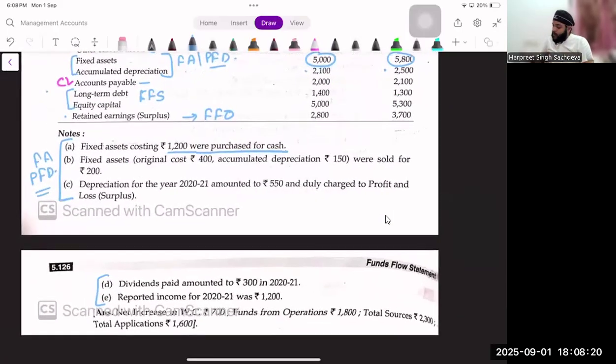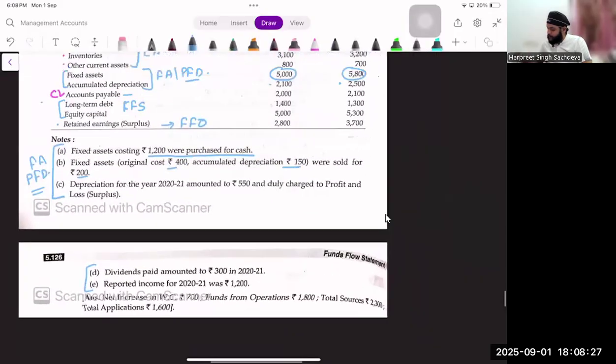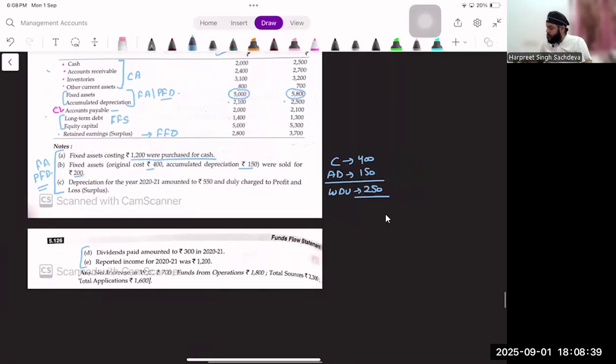Fixed assets. Original cost 400. Accumulated depreciation 150. Sold for 200. It means we need to make a working note. Cost 400. Accumulated depreciation 150. Written down value 250. Sold for 200. So tell me, is there a profit or a loss? Is there a profit or a loss? Very good, Sanya. Ritika,